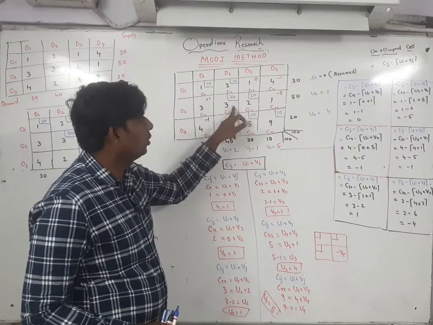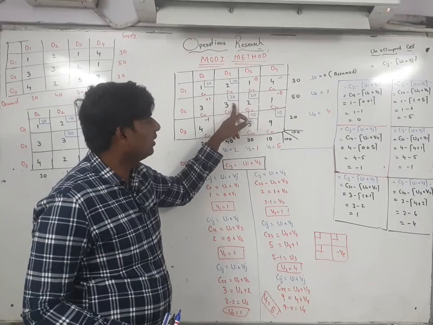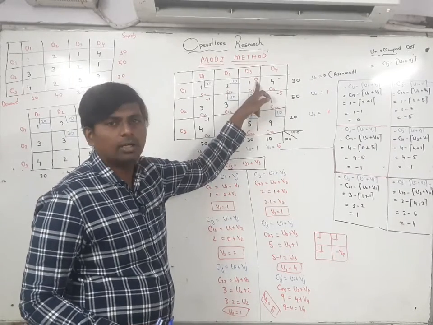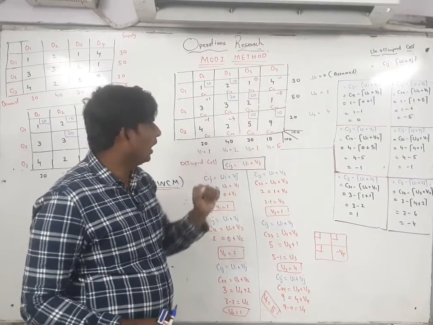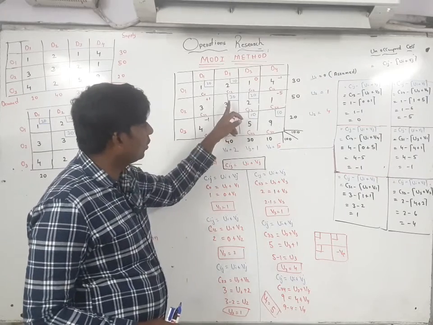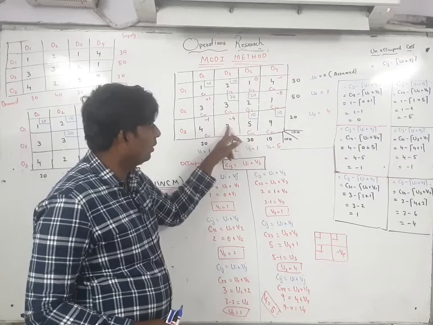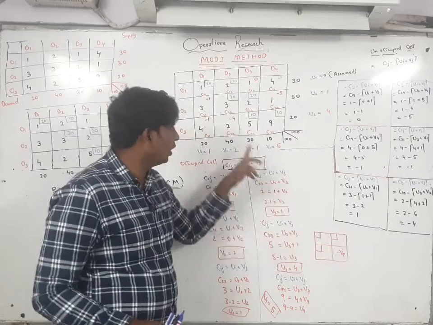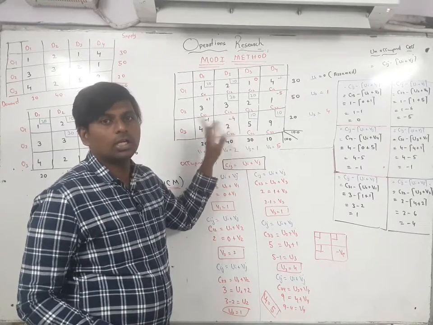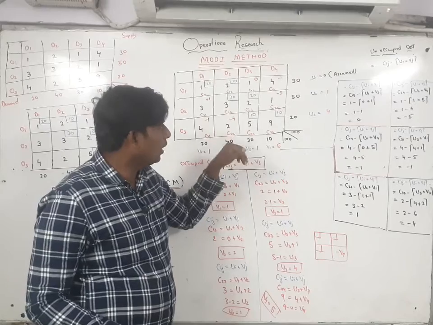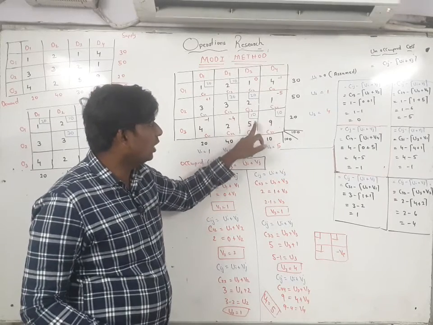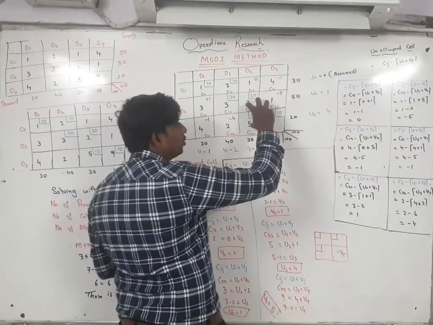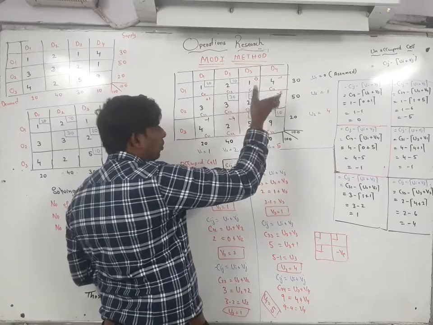If you take this one, 1, 2, 3, 4, this is allocated, this is allocated, this is allocated, this is unallocated. Same condition, but which sign is there? Plus. If nothing is there, what will be the sign? Plus. If you take this square, here allocated, allocated, allocated, next one is unallocated and the minus sign is there. This one you can consider, and here you are getting another combination, allocated, allocated, allocated, and here you are getting minus. So you can take this combination of these 4 or that combination of these 4, both are equal.